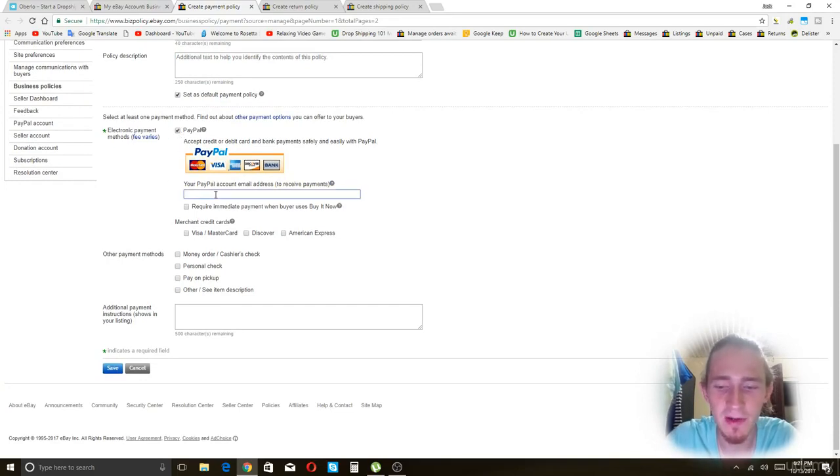And then from here, you're going to put in the PayPal email address. You're going to put your PayPal account's email address here. This is going to be how eBay links to your PayPal account and knows where to send the money from the buyers, right? Now, if you want, you can check this option, require immediate payment when buyer uses Buy It